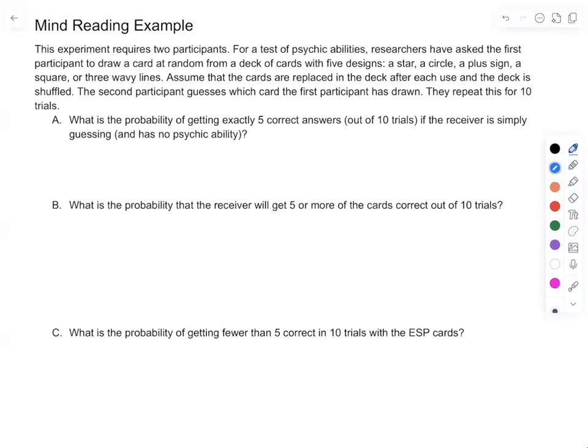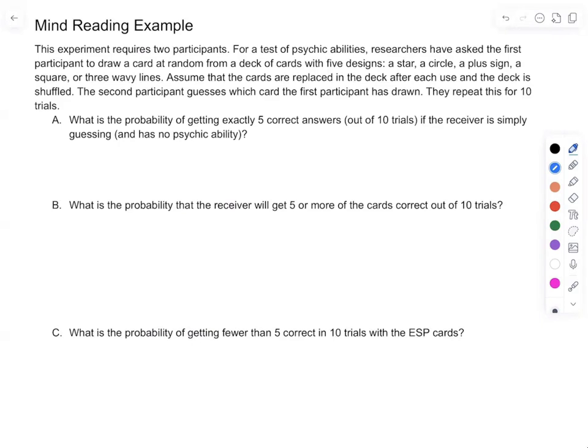Okay, now we're going to do a more complicated example. This one's based on an experiment that's trying to prove that mind reading exists or doesn't exist. It's a very classic experiment. It requires two participants. And for a test of psychic abilities, researchers have asked the first participant to draw a